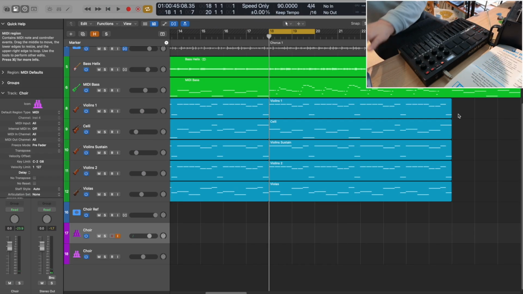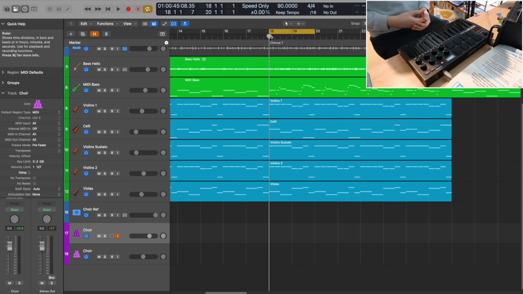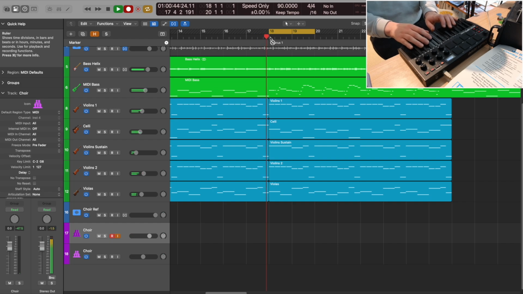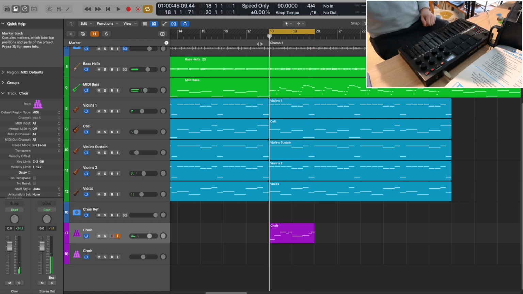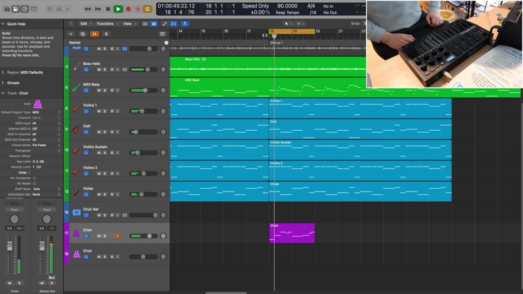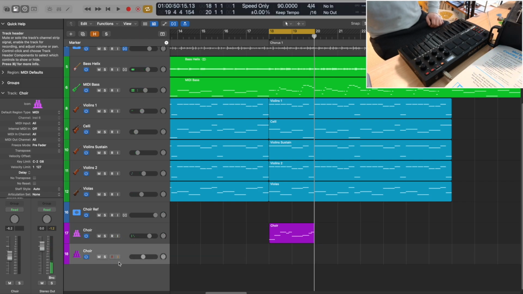Let's therefore jump back into Logic and see if we can record this in. This is being recorded into the chorus section of the song because that's where it plays. So let's have a go. Okay, let's play that back. I'm happy with that. Let's now switch to the other instance of the choir app with the basses on